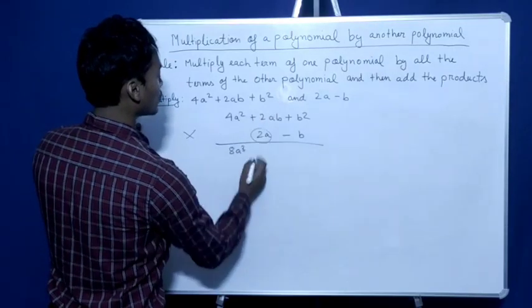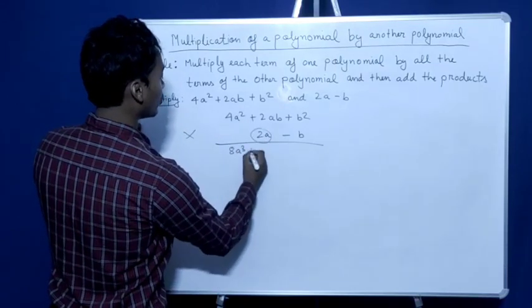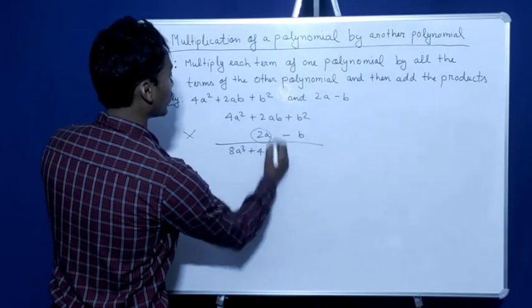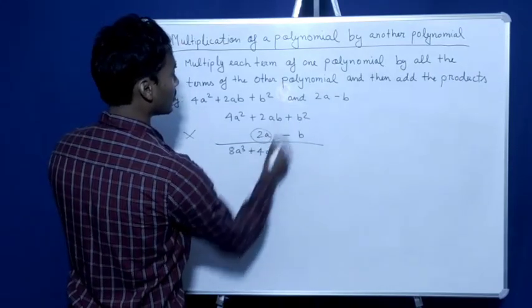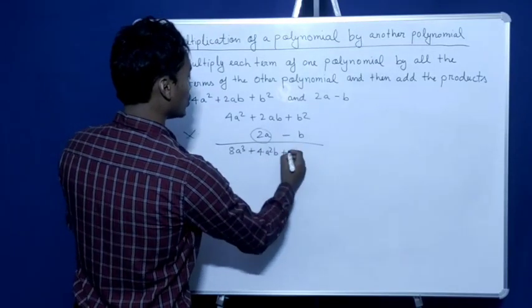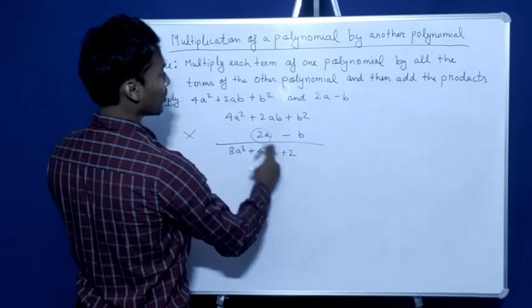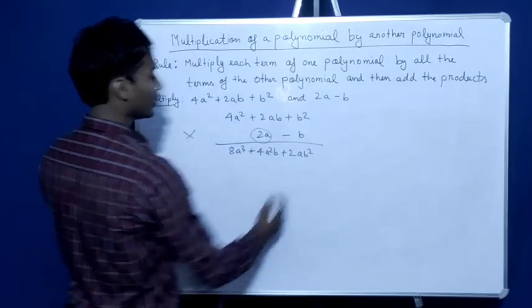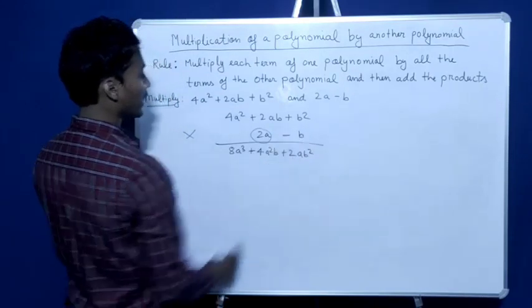Then 2a times 2ab. Here we will have a positive sign because both are positive. So 2 times 2 will give you 4. Then a times a will give you a square. Then b is alone, so we'll write b. Then 2a multiplied by b square. The sign is positive, both are positive signs. So 2, no numerical coefficient is given, so it means there is 1. So 2 ones are 2. Then a, then b square. Then no more terms are there, so now we'll multiply with negative b.